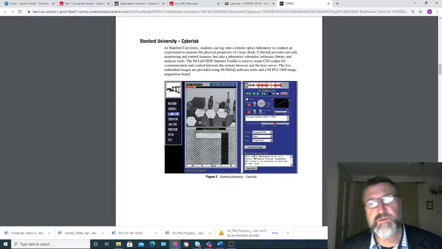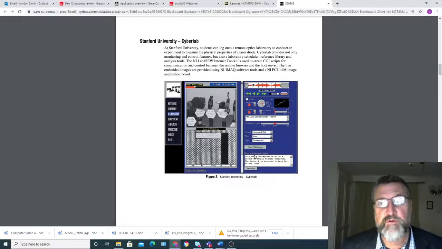Stanford University, it's a great place if you get a chance to go there, Stanford. Students logged onto a remote optics laboratory to conduct experiments to measure physical properties of a laser diode, for example. CyberLab provides not only monitoring and control features, but also laboratory scheduler, reference library, analysis tools. The NI LabVIEW Internet Toolkit is used to create CGI scripts for communication and control between the remote browser and the host server. The live embedded images are provided using NI IMAX software tools and an NI PCI, of course,